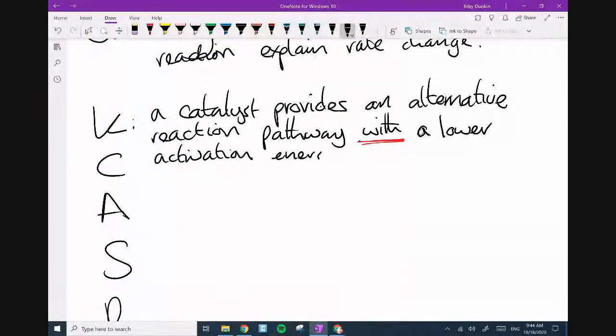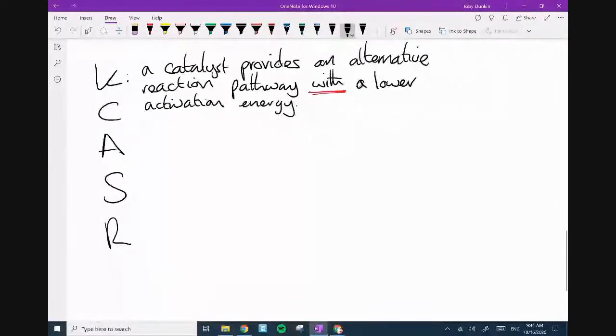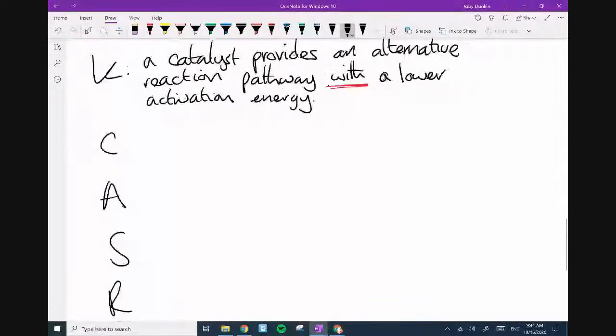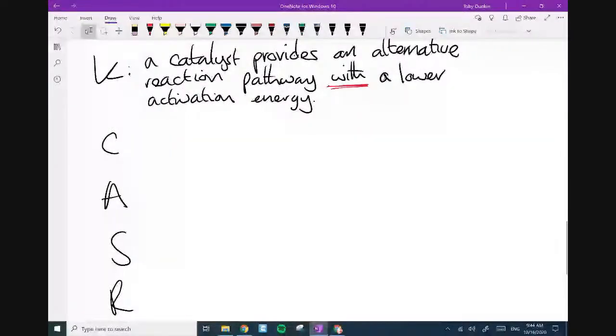What has that now done to the particles? We've explained what, I'm just going to move KCAS down. There we go. So what does that now do to the particles? It's adding in the A. So what's going to happen to the collision frequency? No change. They're not going to collide more often. They're not moving around anymore. Yeah? But what it does do,